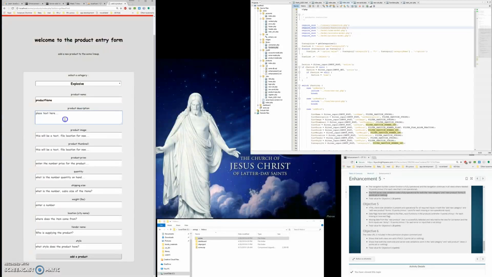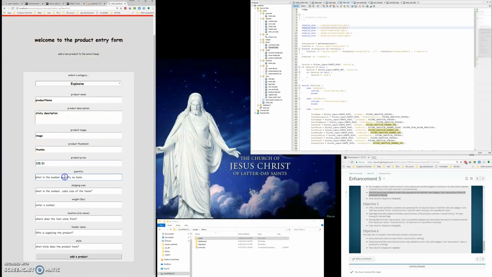But the placeholder text you can see is there, and that is put through the placeholder. And then if the variable is set, I'll show you that it's sticky. Let's go ahead and say sticky description, so that way you can see that when we don't fill this out all the way. So on the price, we have